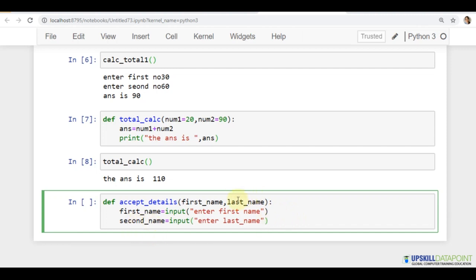So this is my second value where I'm going to store my last name or surname, whatever.